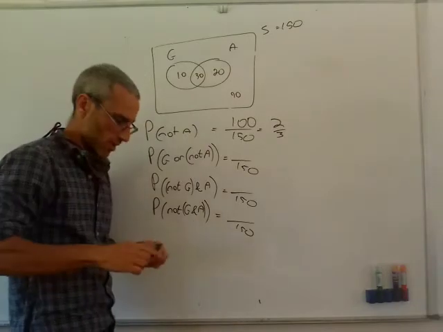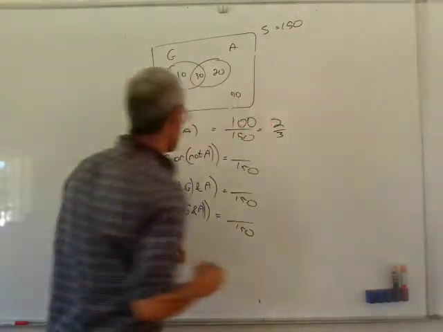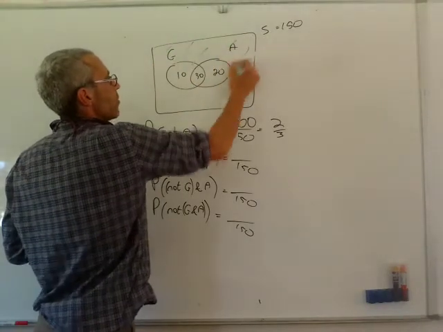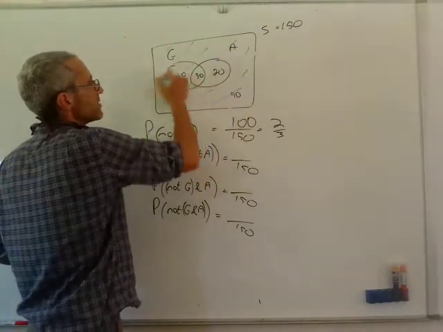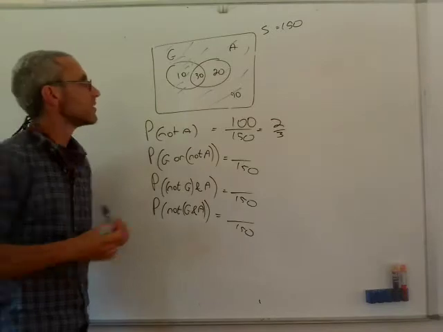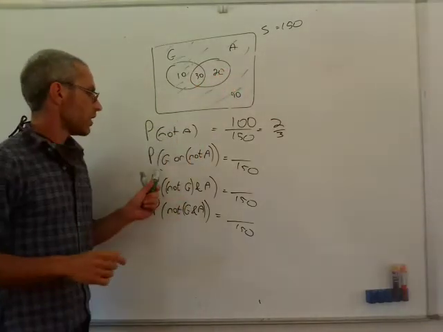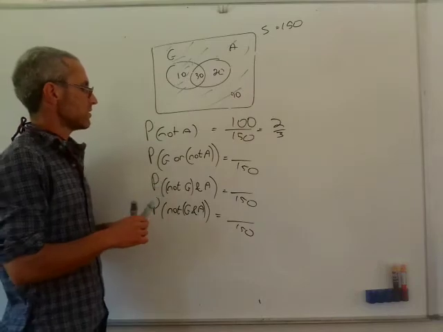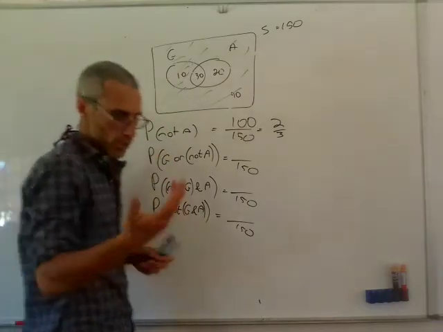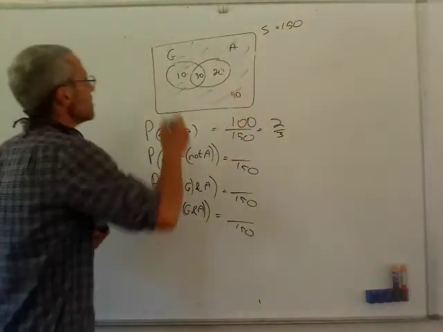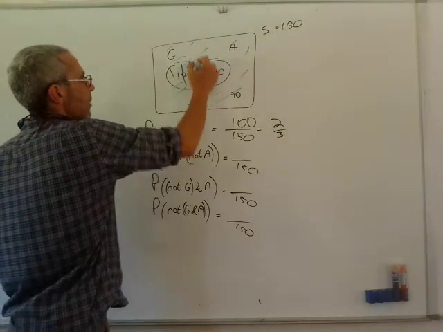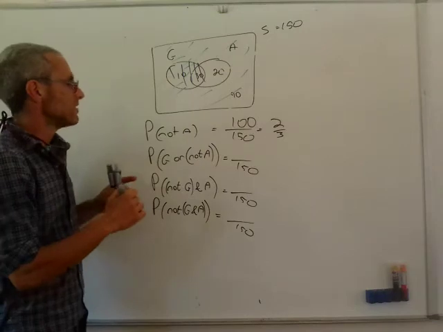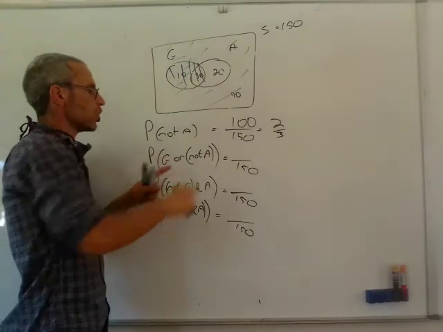Let's put it this way. I'm going to start doing some colors. So not A is basically all that. That's not A. What is G? I'm going to shade that. G is all of this. So when I'm saying G or not A,